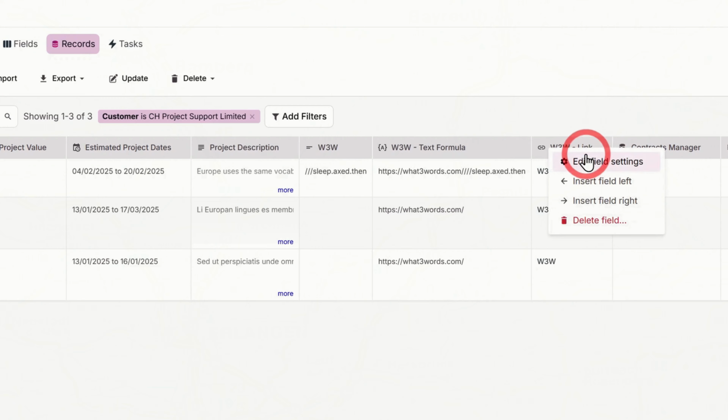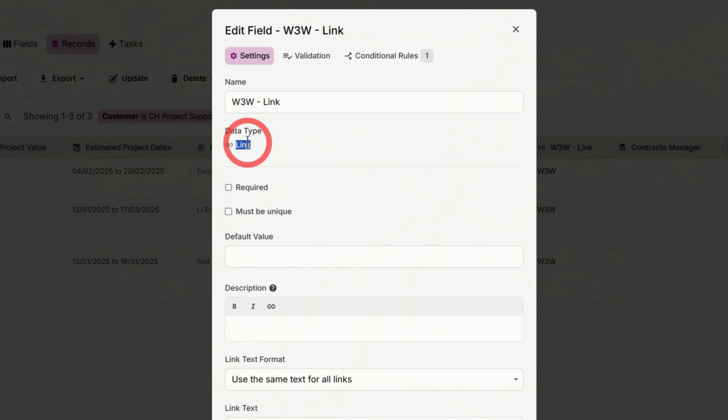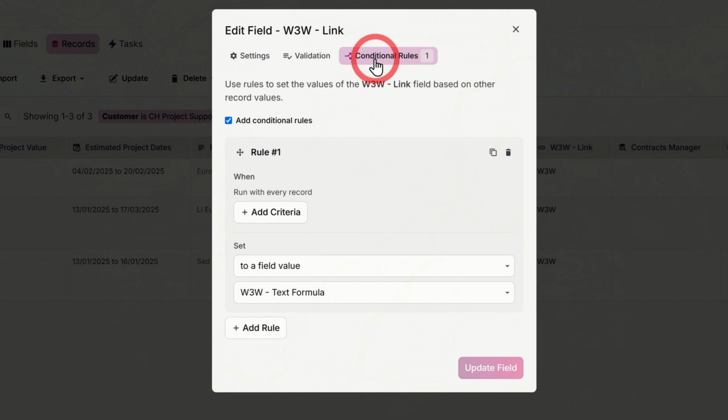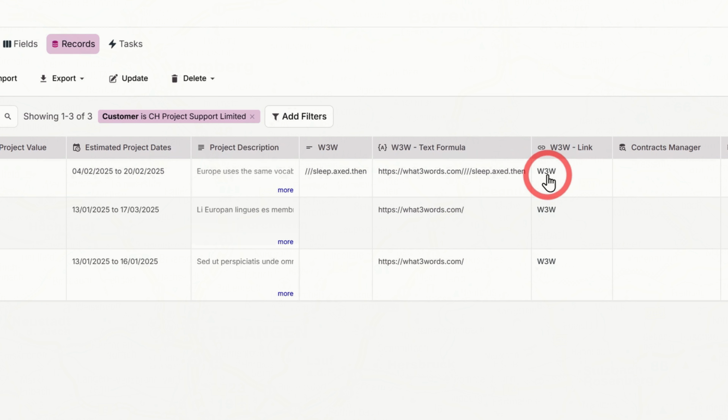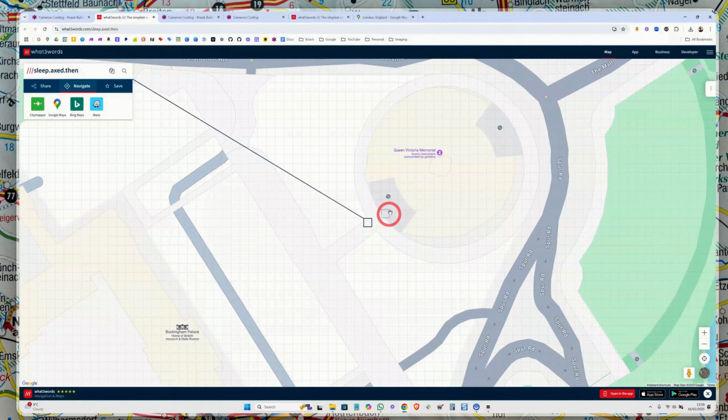I then have a field which is a link type field, and I set this as a conditional rule. I set the field value to the value of the text formula. So this is coming from this field. Then it makes this a clickable link. So if I was to click on this, it will take me to this location, sleep, axed, then. So as you can see on What3Words, I'm at sleep, axed, and then, which is another square just outside the